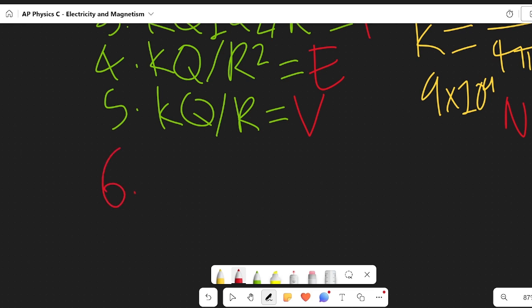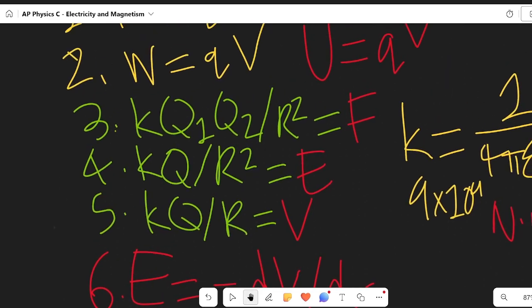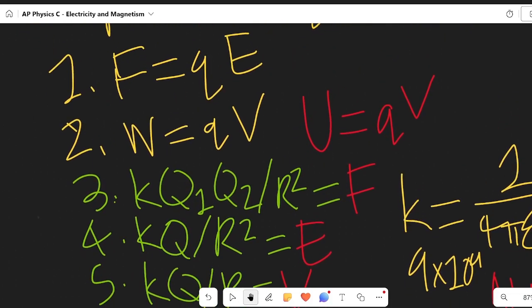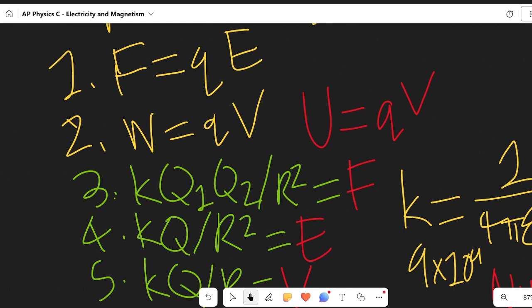And then the relation between electric field and potential. This is how we go between electric field and potential. I'll mark this in red. Electric field equals negative dV over dr. That is the equation. So I think if you memorize these 6, the ones I say here,